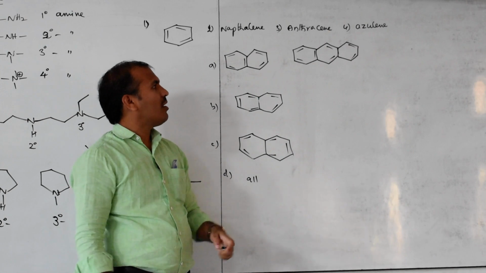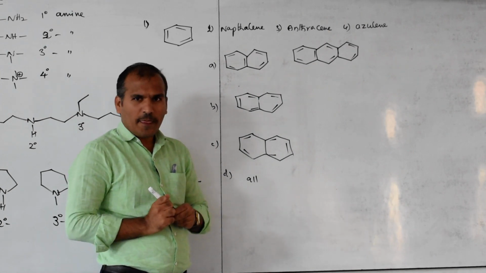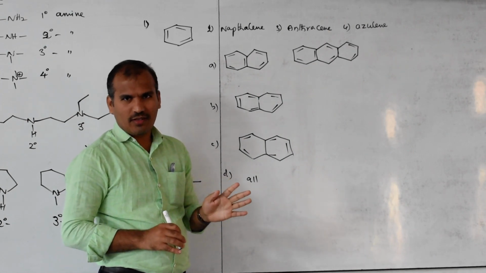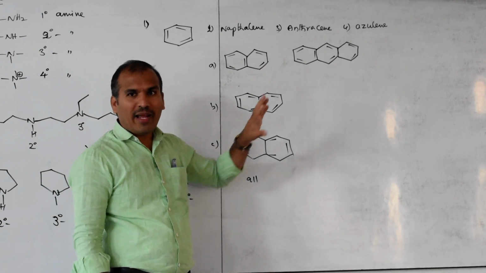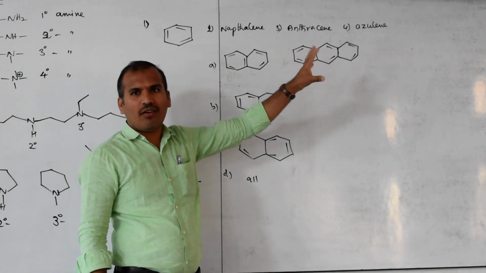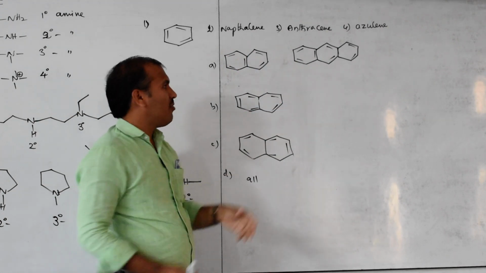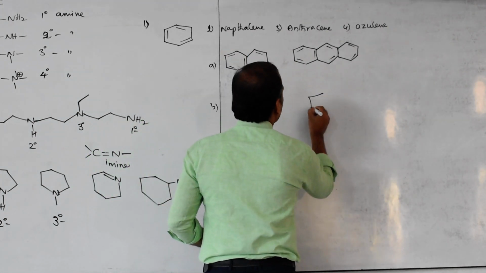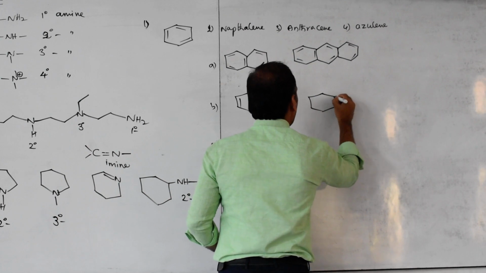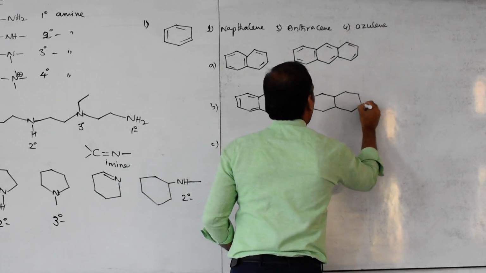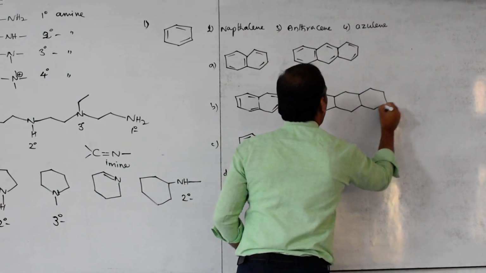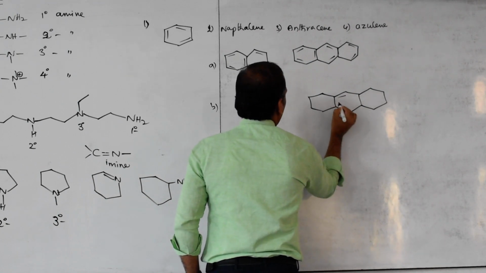Here, how many benzene-type rings are there? 2. One is not, because I represented the maximum possibility here. All three are not possible, but you can try also. If you write like this, the middle one,